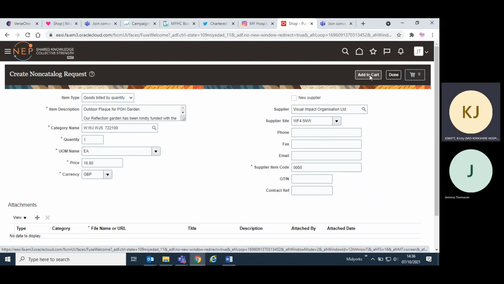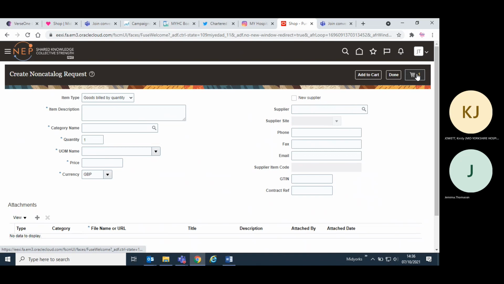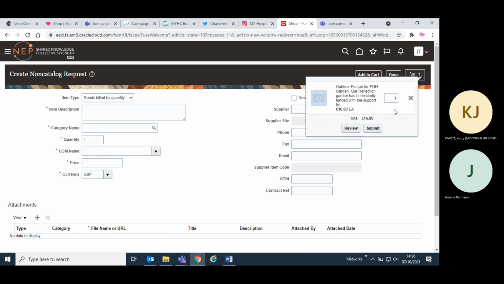Just try that once more. You should get that little box pop up that says you've added it to cart, so you know that it's in there and it's in your shopping trolley with the number 1. So if you click on the shopping trolley, click Review,